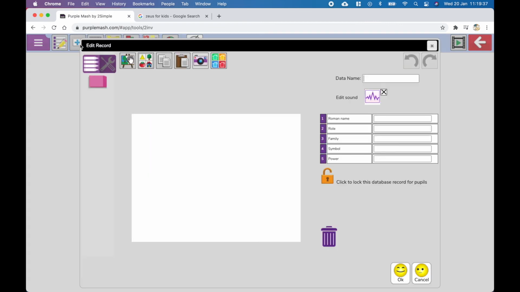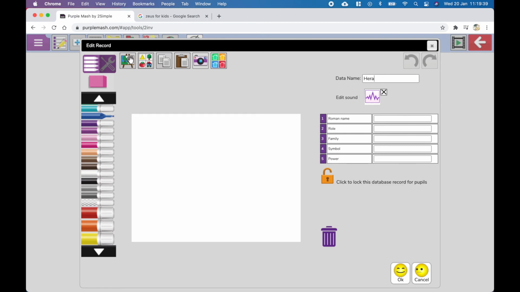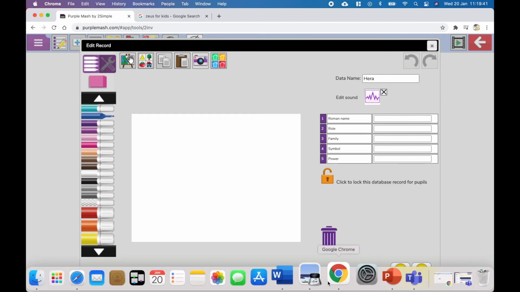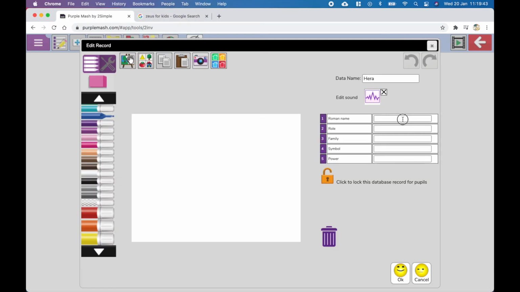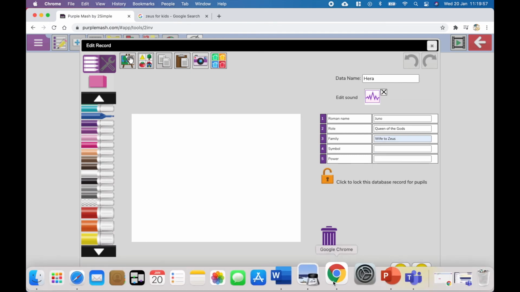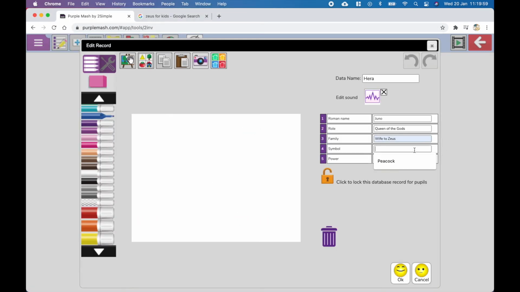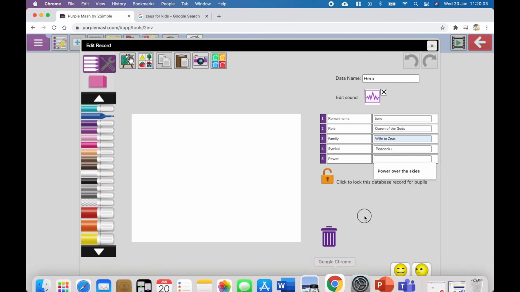Click add record button and I'm going to do Hera. Her Roman name is Juno. Her role is Queen of the Gods. Her family is, she's the wife to Zeus. Her symbol is the peacock. And her power